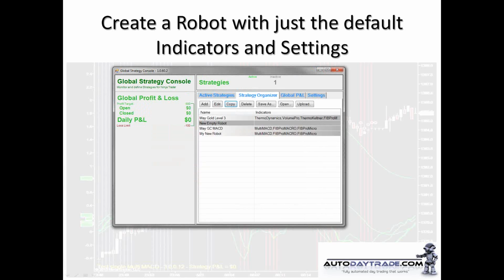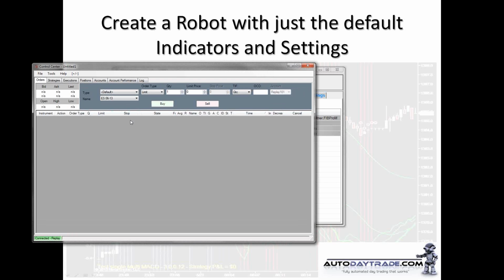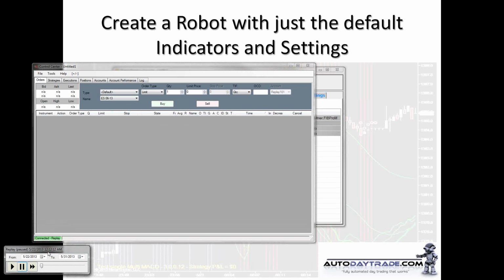Okay. Next thing to do is to decide on a replay period. I'm going to use a replay period and run it over and over with the various indicator and robot settings until I like it. I'm using June 22nd, 2013 from midnight to 4 a.m. Mountain Standard Time, which covers part of the London and New York days. So I have my NinjaTrader set up for replay. I'm going to set it to about midnight on 5/22,